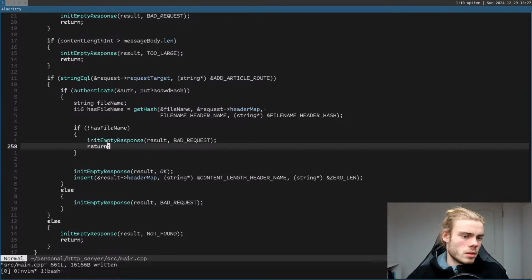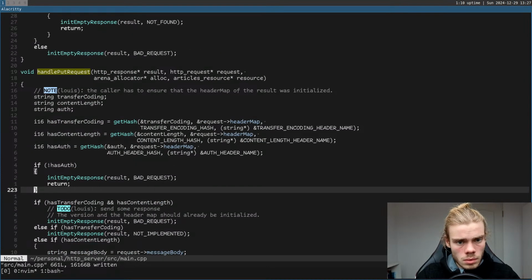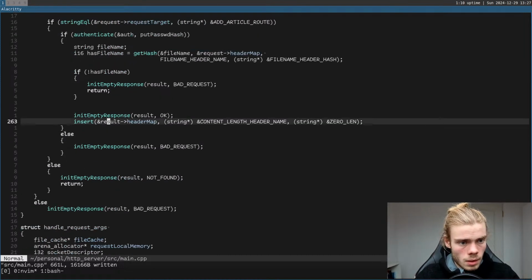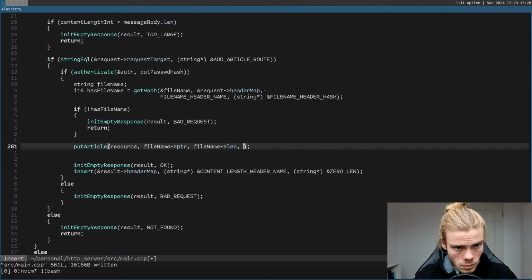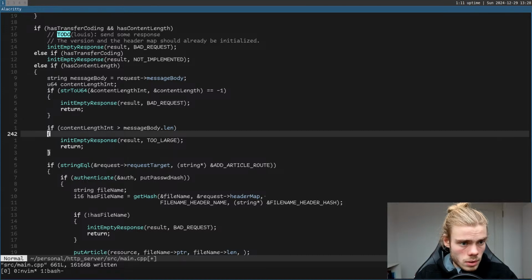We could also make this a goto, but I don't know. Okay, so when we have a file name, we just say put article or resource, and then it needs a file name pointer, file name length. It also needs a buffer, which is